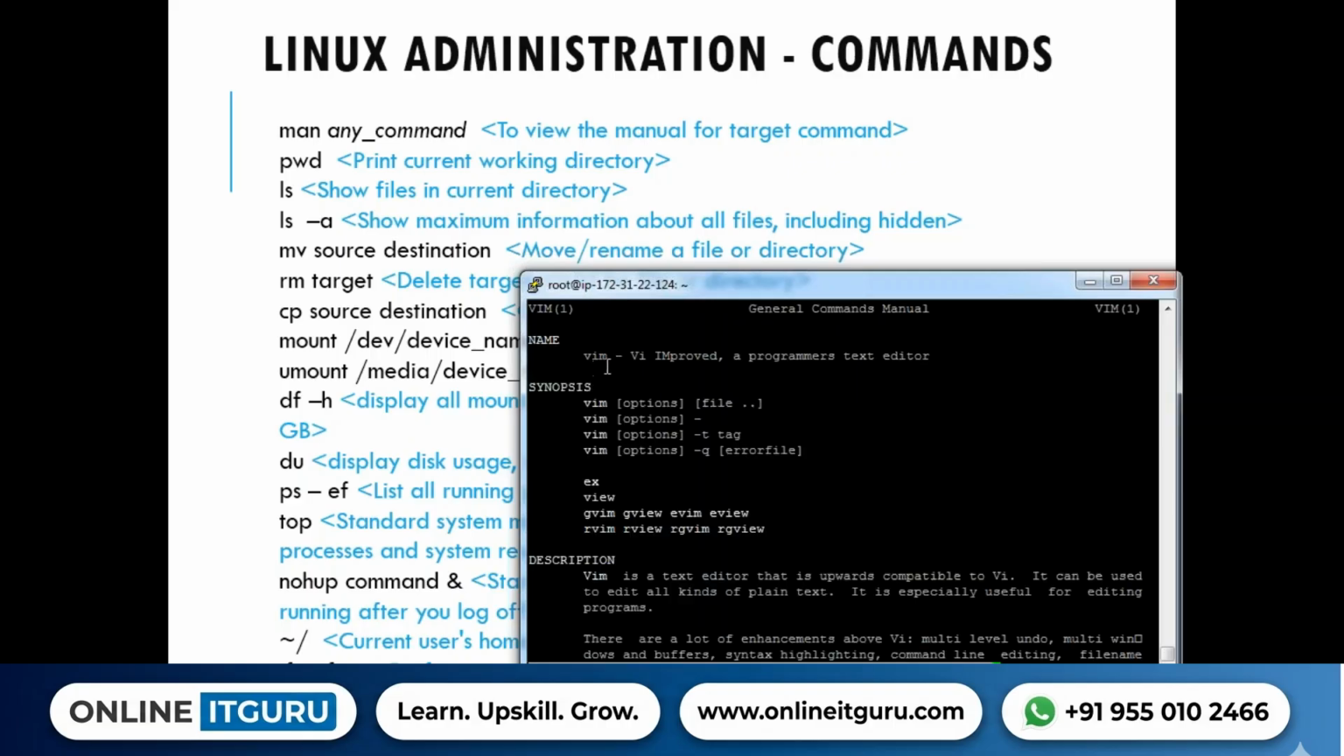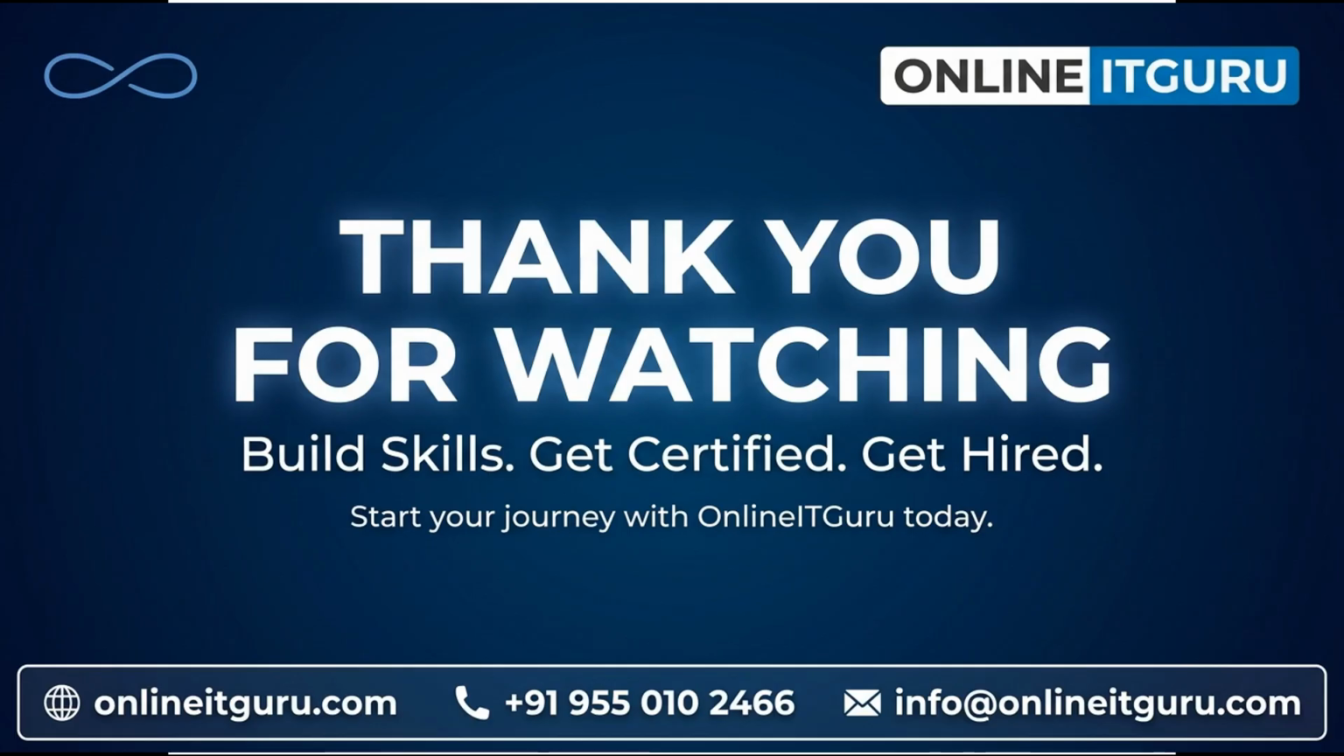The view, Vim, VI, everything is the same. That's the reason it's showing Vim. Vi improved, the program text editor. So you can press enter. It will go down. So one by one simply